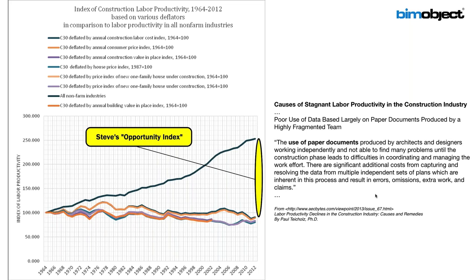But the key to this whole study was, why? This was a white paper that Paul did, and I have it on the right there, and feel free to do a little research on your own if you want. But the bottom line was we were using paper-based thinking, and shuffling it around with what we call technology, which a few years ago was faxes. Now we've graduated to shuffling PDFs attached to emails. This is not a productive use of technology in any way, shape, or form. We've got to get to digital.